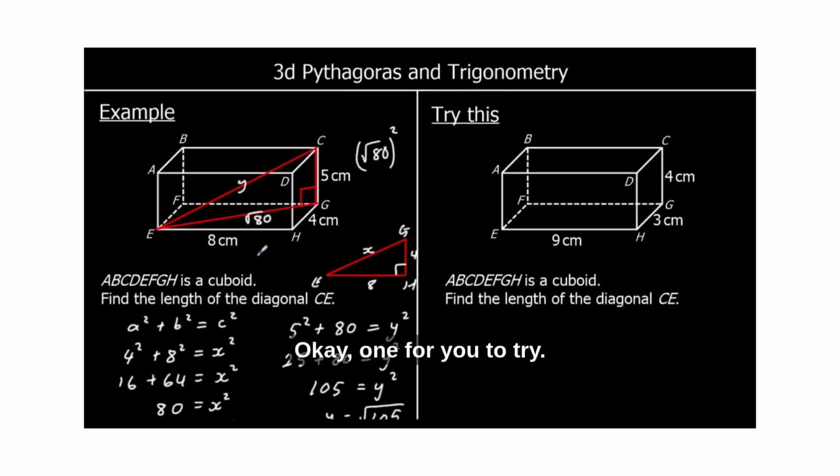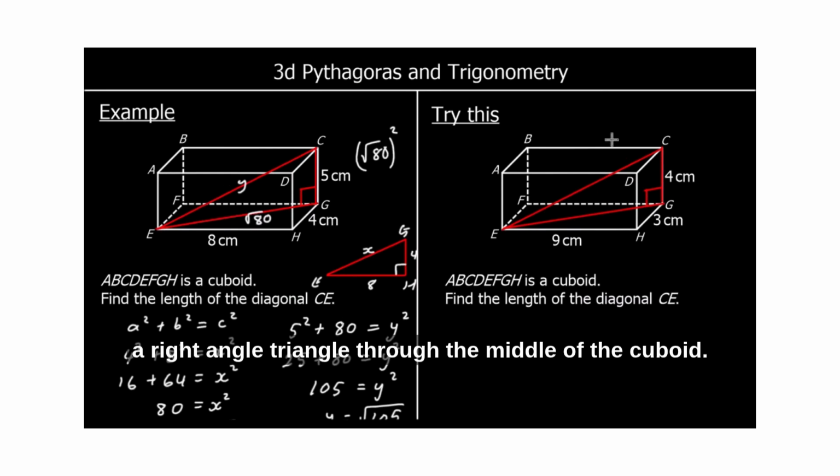Okay, one for you to try. Give this one a go. It's the same question. ABCDEFG is a cuboid, and we're finding the diagonal C to E. So it's exactly the same question. We can draw a right-angled triangle through the middle of the cuboid,